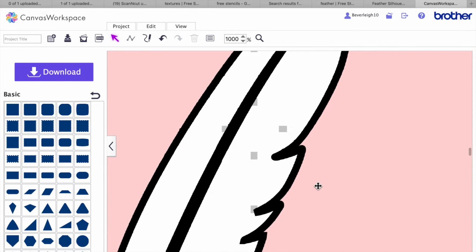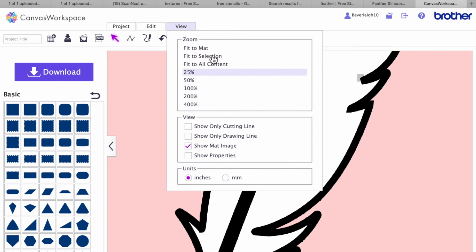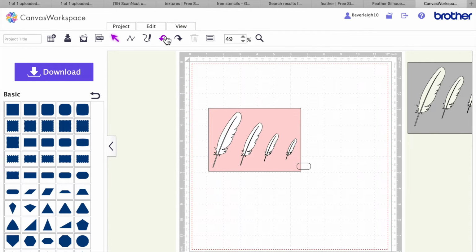I'm going to get right in there, and actually because these lines are touching, we're not going to have any mylar left there, so I'm just going to view, fit to matte, and I'm just going to edit and undo,